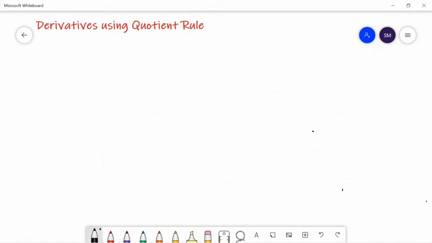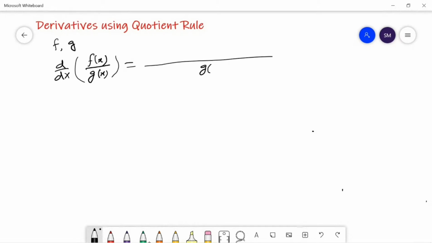In today's video, we are going to discuss derivatives using the quotient rule. So let's first recall the quotient rule, then we'll solve many examples. For the quotient rule, let f and g be two differentiable functions, then